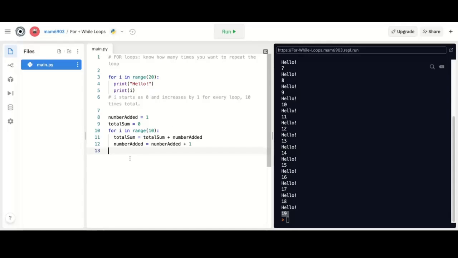All right, so basically in this for loop, what Michelle did is she took total sum, which starts off at 0. Every time she goes into the loop, she just adds the first number, or like one number, to your total sum variable, and then you increase the number that you add by,